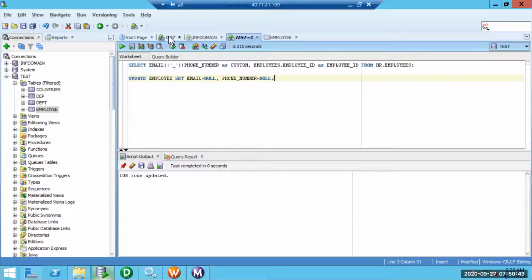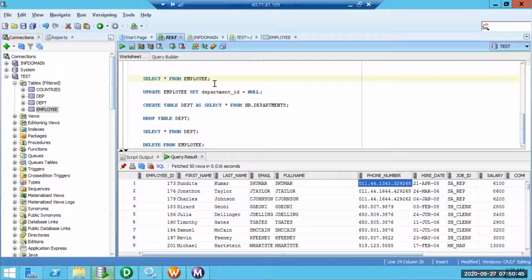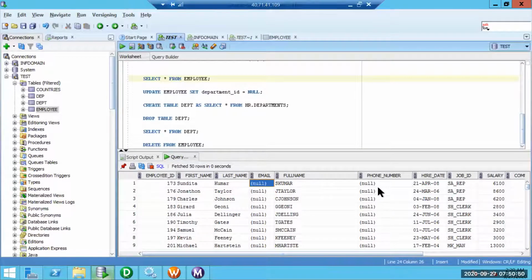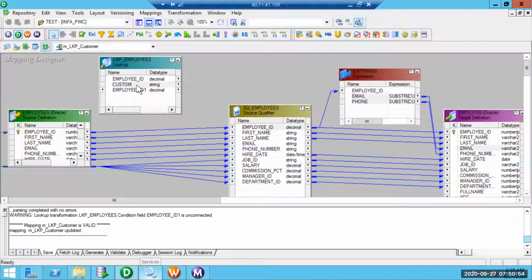I am committing it. If we try to view the data, right now email is not populated, phone is not populated. But using a custom port, we are concatenating or storing both the information that is then split in the expression transformation.